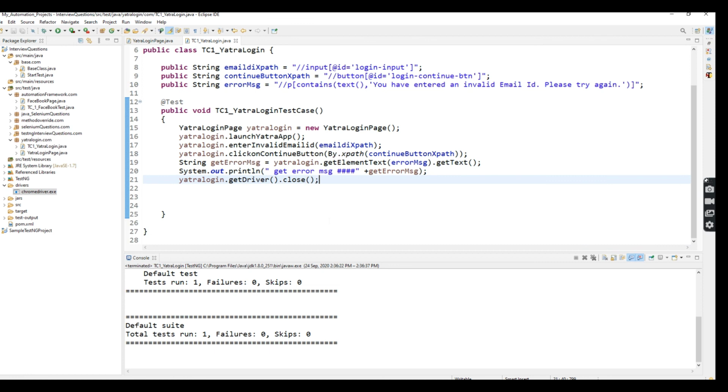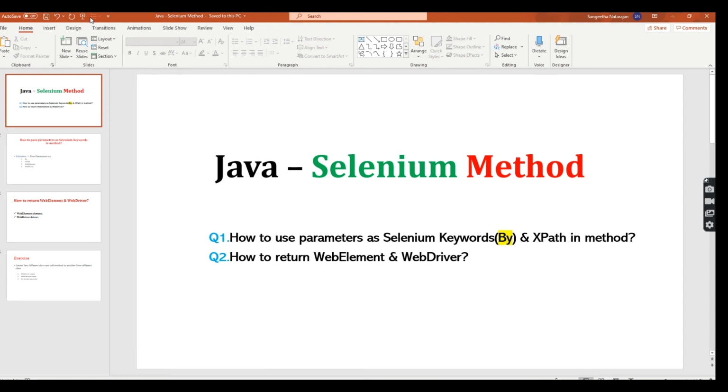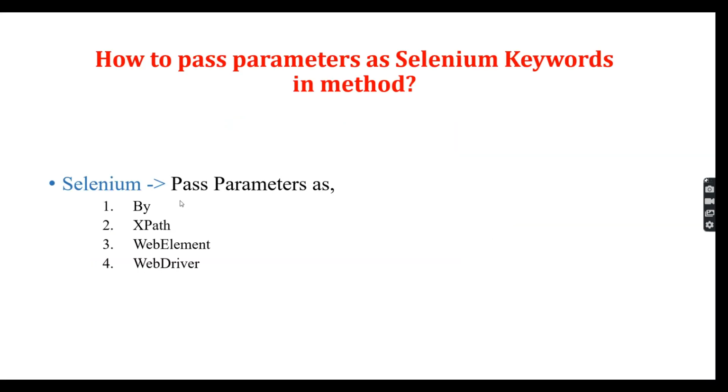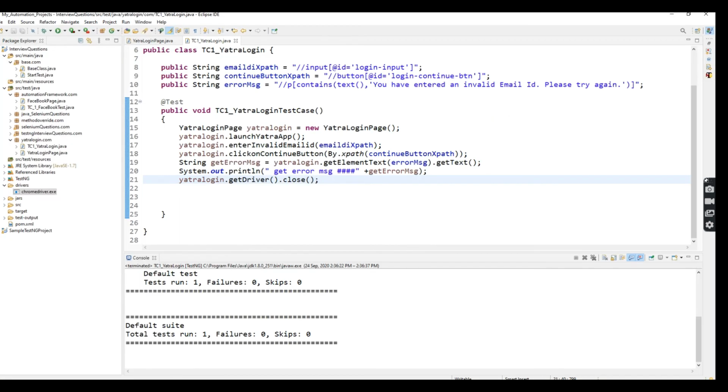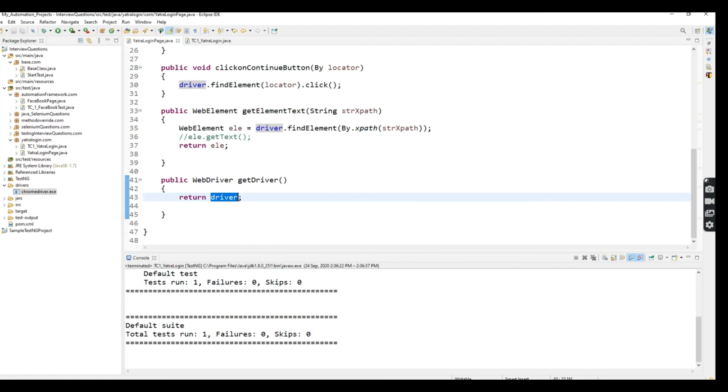So this is the concept we are trying to get the answer for. See how we can pass parameters by XPath, web element, WebDriver, and how we can return those elements also. Okay, so if an interviewer asks any question on how to return web element or WebDriver, this is the way you can remember. So these two methods, right?